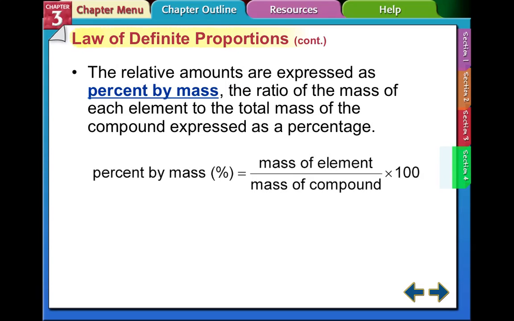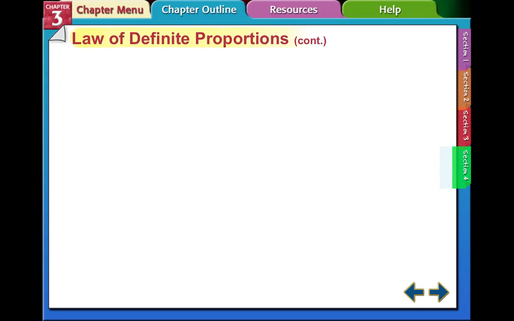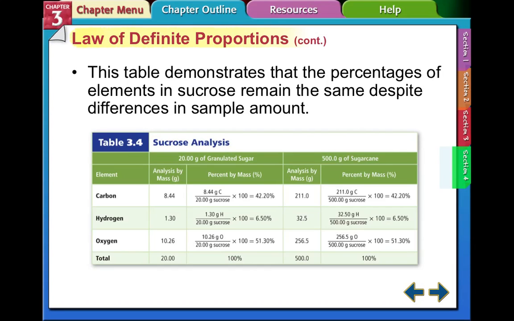Okay, the relative amounts are expressed as percent by mass. The ratio of the mass of each element to the total mass of the compound expressed as a percentage. And you did this in the virtual lab as well. So the mass of the element divided by the mass of the compound times 100 gives you the percentage. So let's look at some examples in this table here. Okay, so if we have sugar,